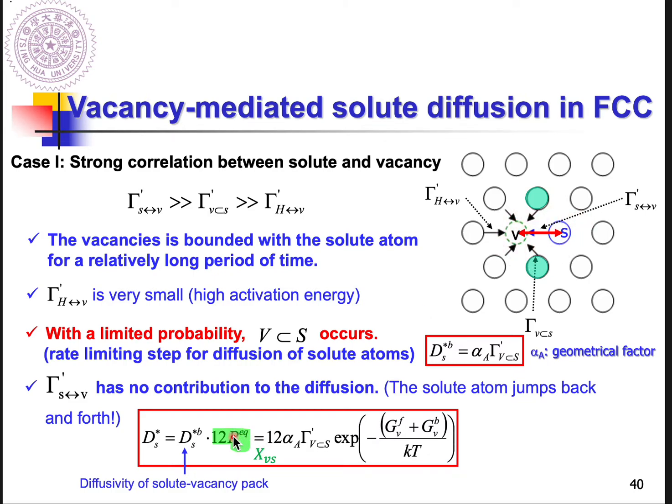But this one is already considered as a group. So we need to multiply, because you have a vacancy, right? There are 12, because this is FCC, there are 12 nearest neighbor sites where solute atoms could possibly surround it, right? So we need to multiply by 12 to represent the total probability to find this pack, a solute-vacancy pack. So this is the total atomic fraction for finding this pack. We substitute this into this term, and after rearrangement, you can get